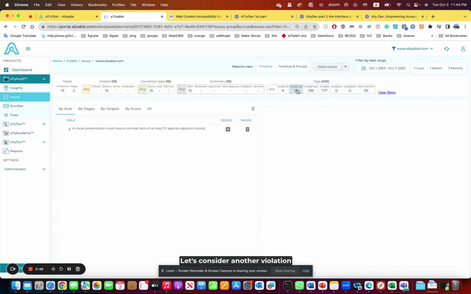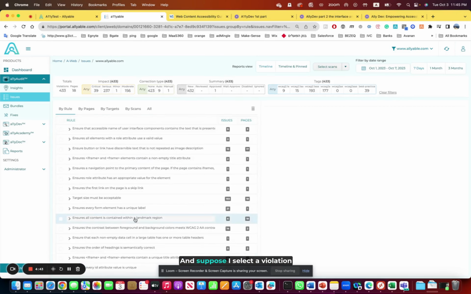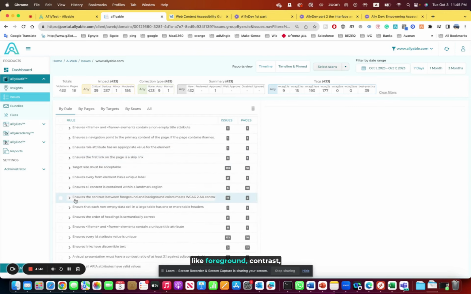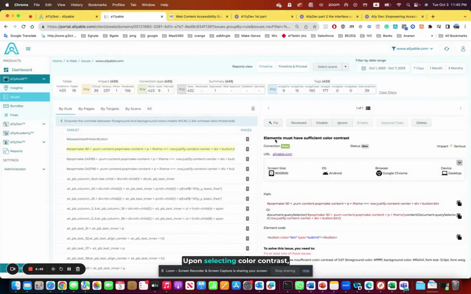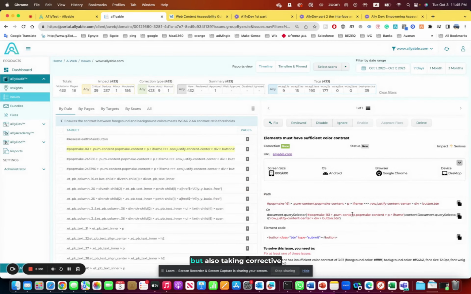Let's consider another violation as an example. I'll clear the filters, display all filters, and suppose I select a violation like foreground contrast color. Upon selecting color contrast, AllyCheck activates and the wizard initiates. This tool will assist me and my organization in not only identifying violations, but also taking corrective actions and validating the code before forwarding it to the R&D department. This process ensures that the validated code is embedded into the source code, deployed into production, and effectively resolves the